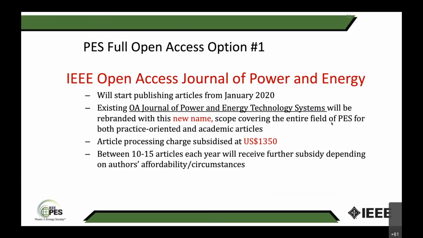This is an open access journal for power and energy done by IEEE PES. It just launched this year. It is charging you a fee of $1,350. And if it is not possible for you to pay that fee, we subsidize or give a lower fee if the authors are from a developing country, not able to pay that much, we'll give you that option. So again, write to the editor that, yes, I'm glad the paper is accepted. I want open access, but I cannot pay because of university limitations. I can pay, pick a number, $500, something like this. That works.